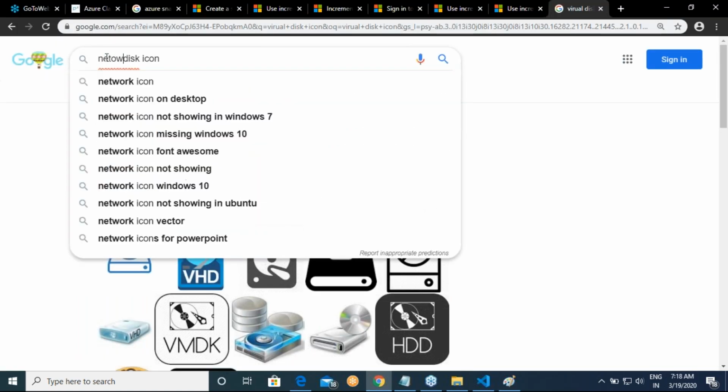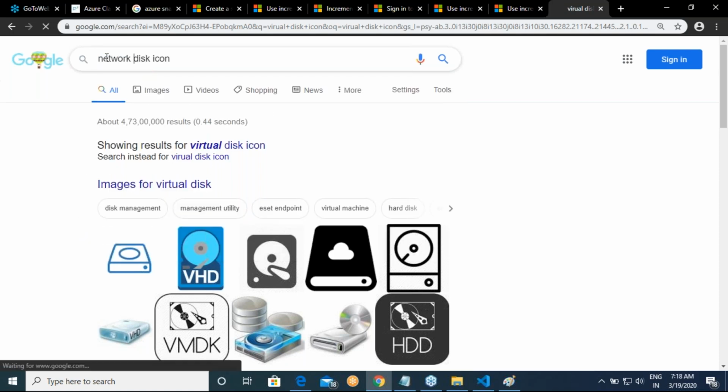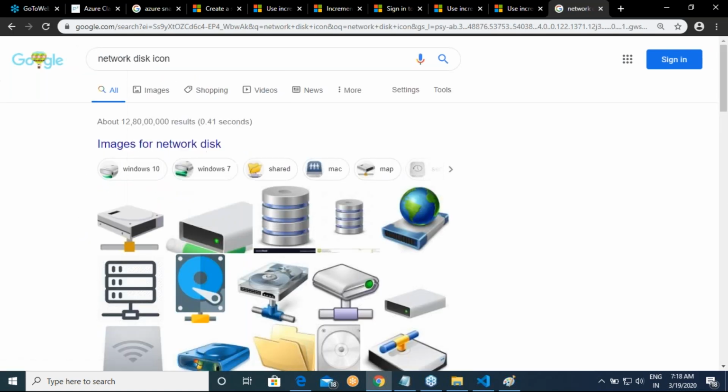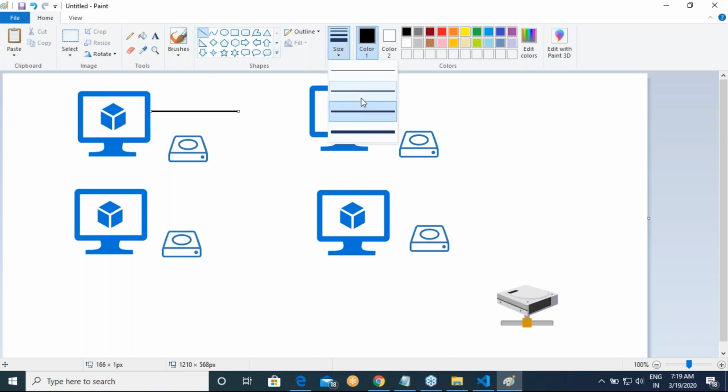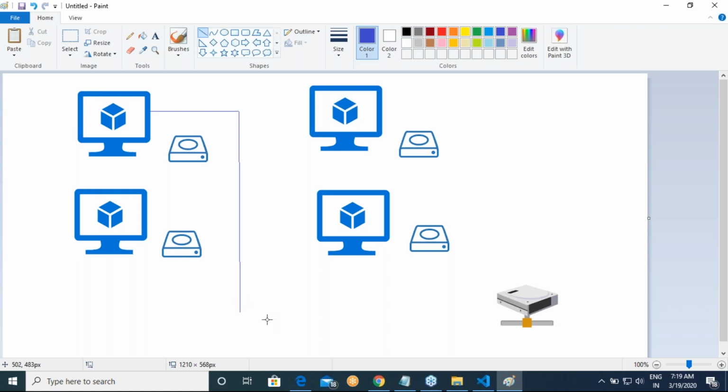Now we have something called a network disk. This is a disk which is connected to a network. And this disk can be mounted by multiple virtual machines at one shot.